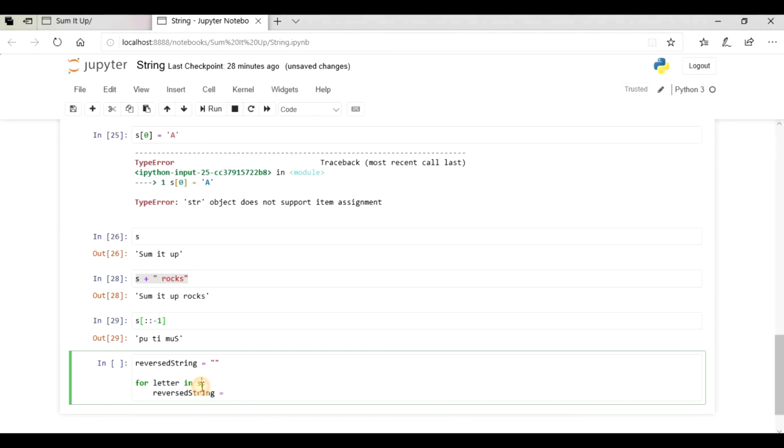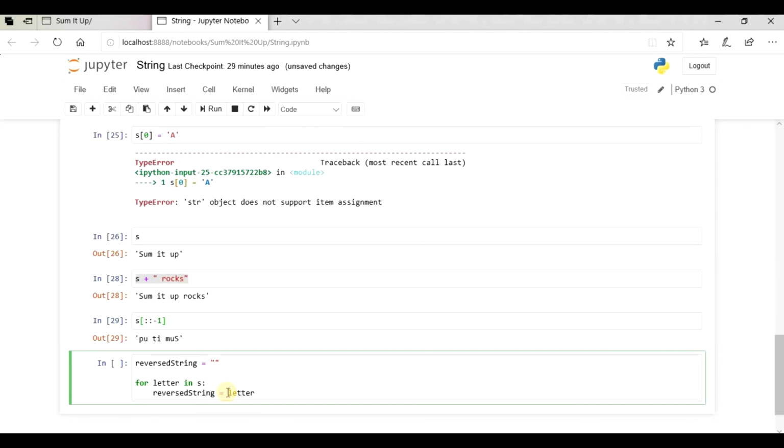So inside this s, the first letter is s, so this letter will have this s. This letter will now be stored in this reverse string, correct? In the second iteration, what will happen is this letter will store the value u.